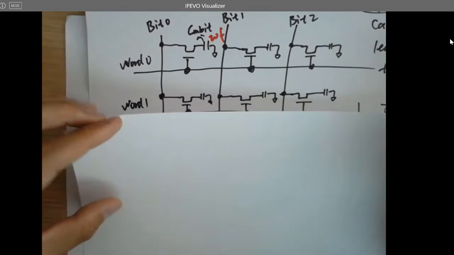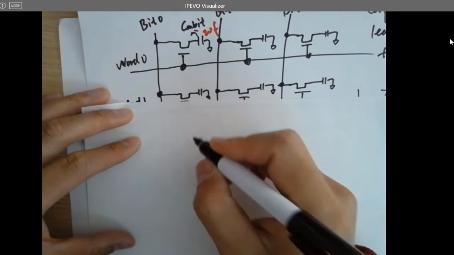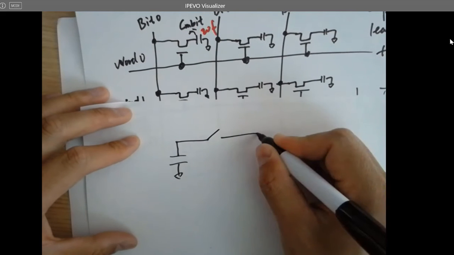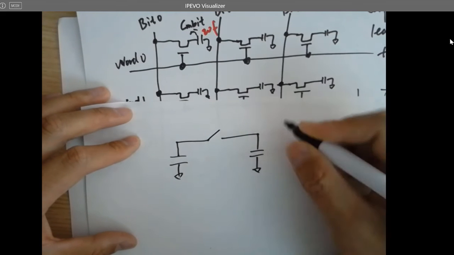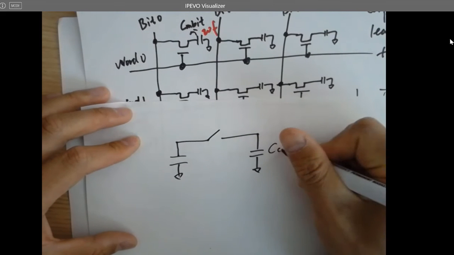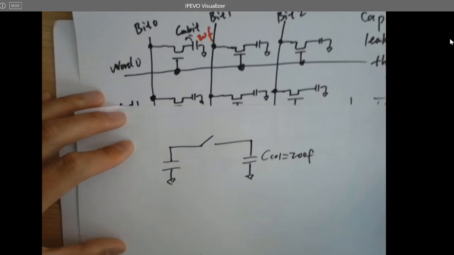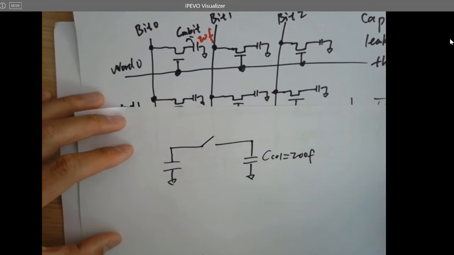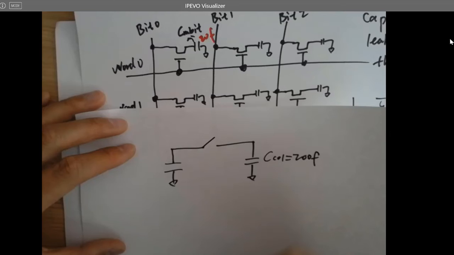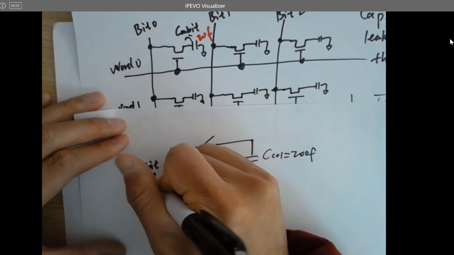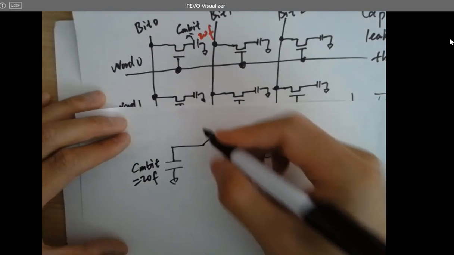So what's actually happening is you can model that behavior into this circuit. So here is a column capacitance. For example, it's 200 femto because the metal lines have a larger capacitance compared to the memory bit, which is 20 femto. So whenever this is closed,